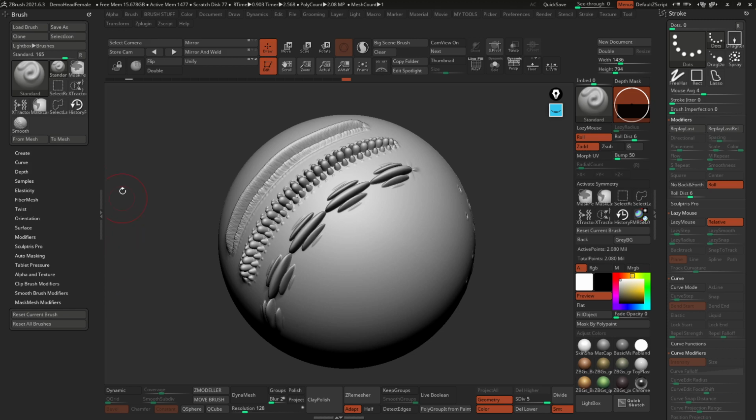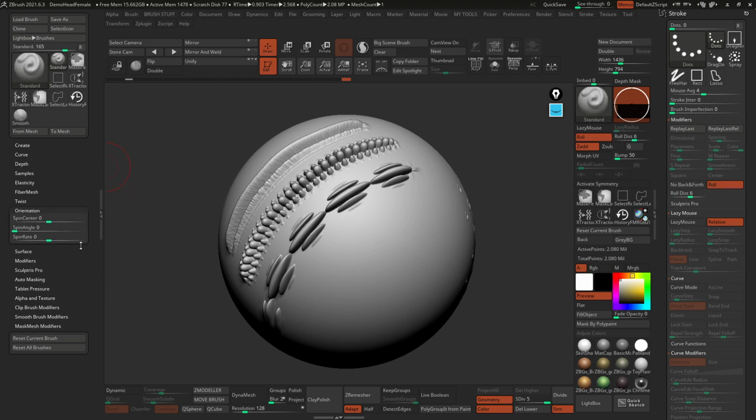brush palette, right? And orientation is pretty cool. I'm gonna open this one up, and you'll see you have the spin center and the spin angle and the spin rate. So let's have a look at what these sliders do. Sometimes it's just easy to play around with them. By default, it should be at 0, but if you take the spin center and change it to, let's say, 3, and you do the same thing, you'll see that everything is happening kind of away from my brush.